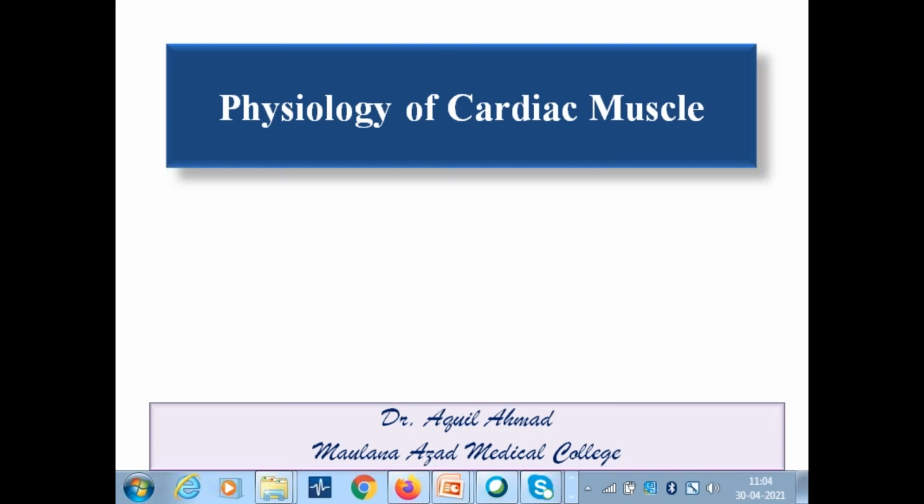So today's topic of lecture is cardiac muscle. Till now we have completed your nerve physiology and your skeletal muscle physiology. The portion of skeletal muscle physiology that is related with metabolism, we will discuss maybe in 2-3 days, maybe next class or maybe after that. But today I'm going to discuss something about cardiac muscle with you.